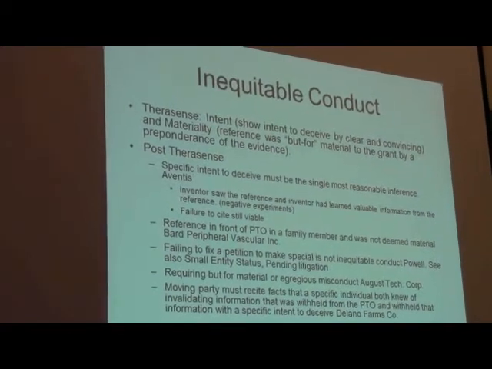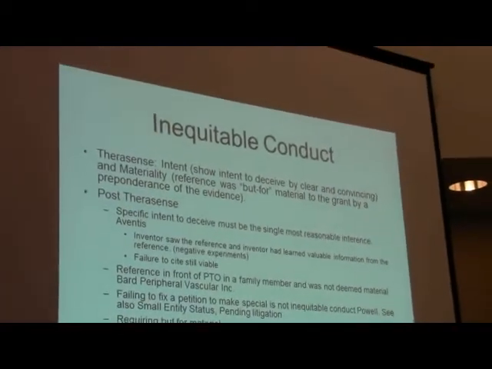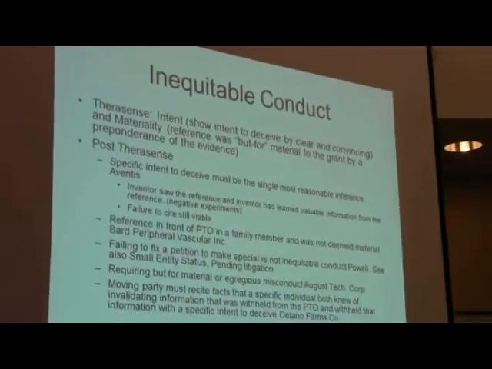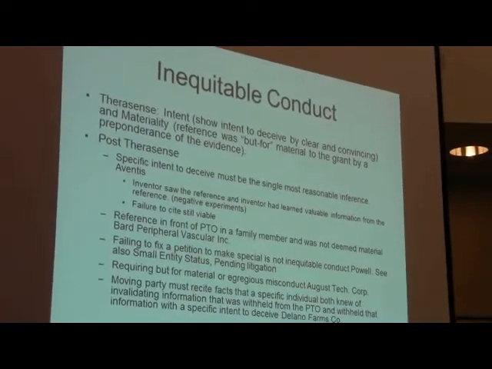Inequitable conduct, what that means is somehow during when you were trying to obtain your patent, you did something wrong. You didn't cite a piece of prior art that you knew about. You signed a document that wasn't true. You hid something from the patent office that may or may not have been material. You said you were a small entity, but really you were a large entity. And what that means is just a difference in fees.